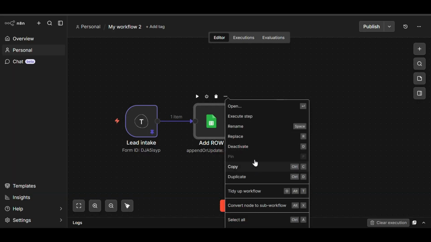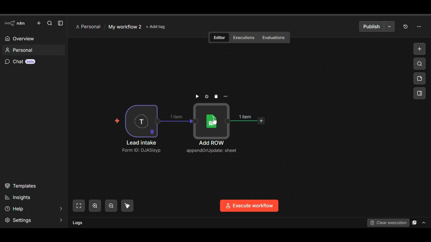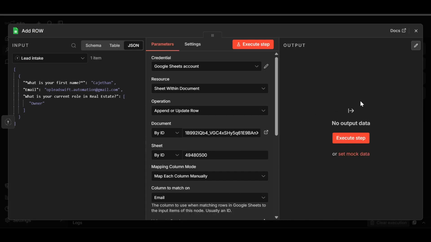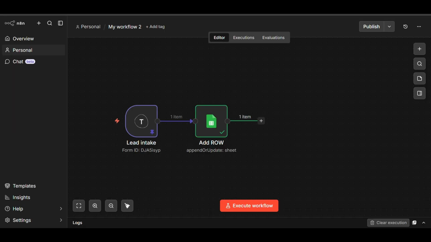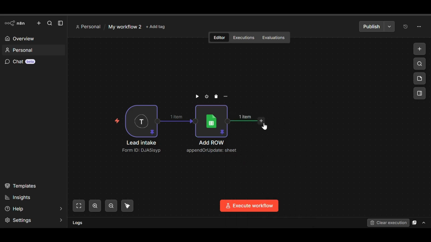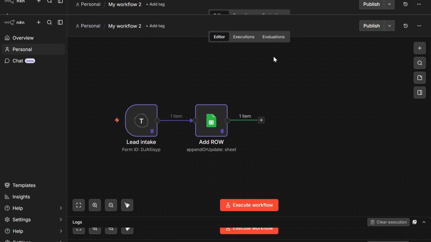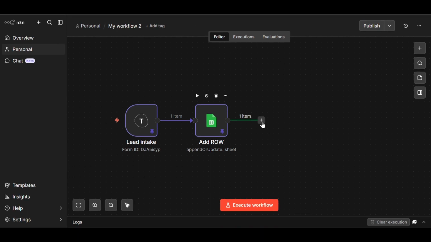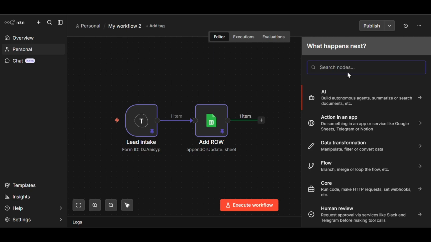Next, I will pin the node. Now we'll be adding the final node, which is our Slack